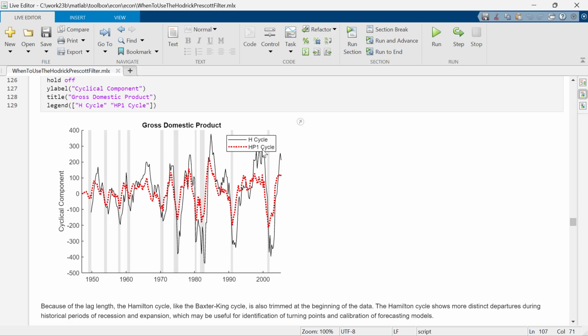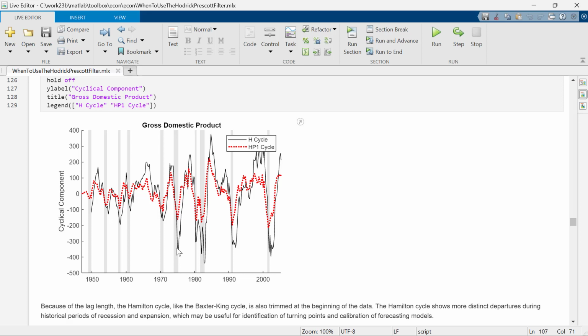It makes sense to compare these two because both the Hamilton filter and the one-sided Hodrick-Prescott, or the Stock and Watson filter, have as their self-stated objective to come up with good forecasting performance. So if we compare those two, we see that we get similar, but on this scale somewhat different cyclical components, with the Hamilton cycle showing much sharper departures during the periods